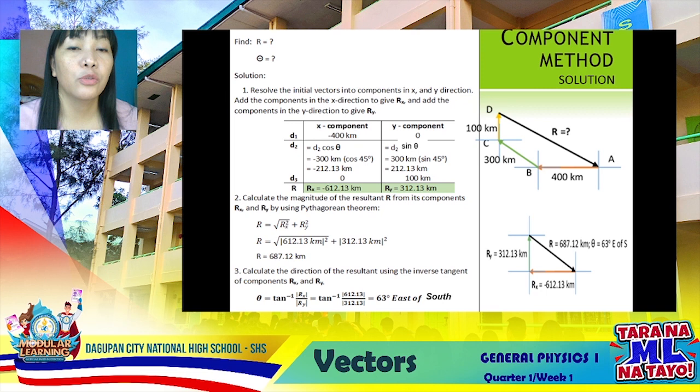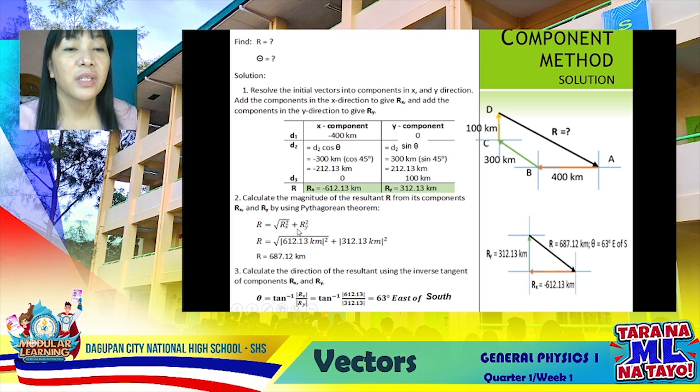So the next step would be to find the magnitude of the resultant using the Pythagorean theorem. The formula is R equals the square root of R sub x quantity squared plus R sub y quantity squared. So substitute the obtained values. We have the square root of 612.13 kilometers quantity squared plus 312.13 kilometers quantity squared. Get the square root of the sum of those two squares. The resultant therefore is equal to